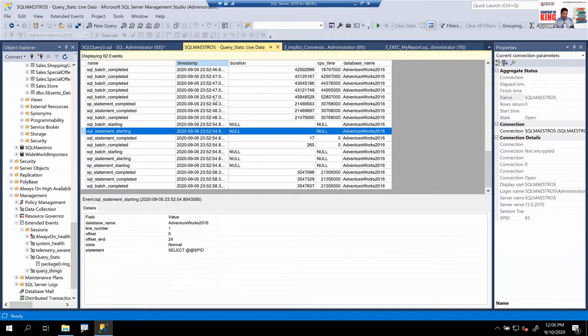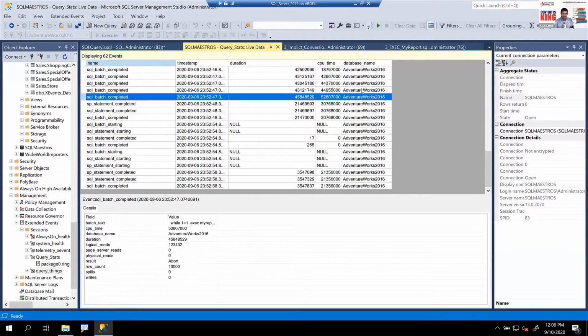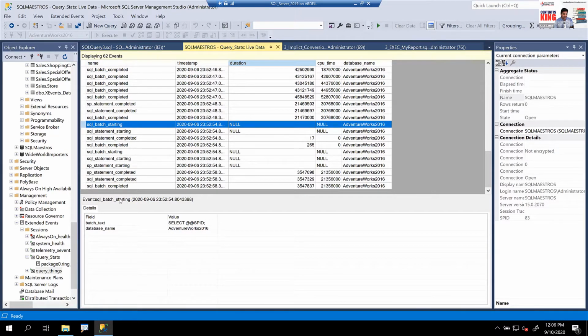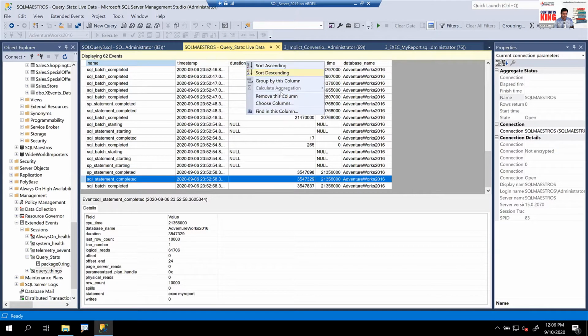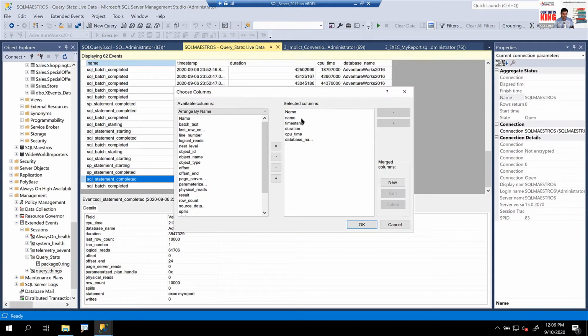Now, this is really where the window was even last time. I think I left it there and I had just saved it. So yeah, good opportunity here to show you what you can really do here. And if you remember, I was showing a couple of these columns, and let's say you want to right-click and choose the columns that you want in the live window.